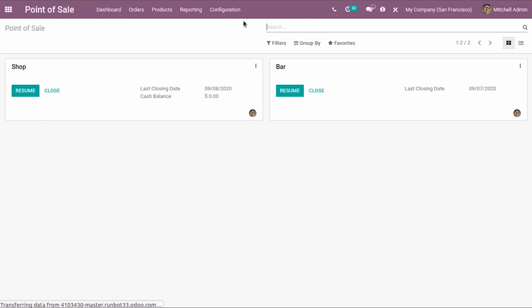Then we also have an option. So let's resume this again. So in the settings of this point of sale itself, we have seen another option, that is the product configurator, where you can select the attribute as per your interest. So let's have a look at that also. So let's look into that feature too.